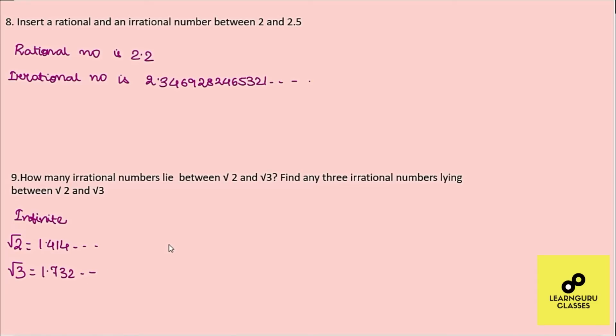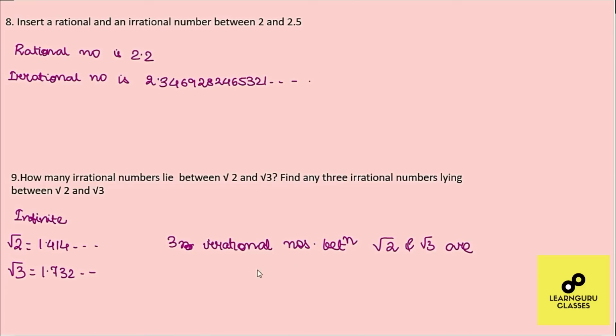Now, you have to find the irrational numbers between these two numbers. Okay, so rest of the work is very easy. So 3 irrational numbers between root over 2 and root over 3 are, one I will give as